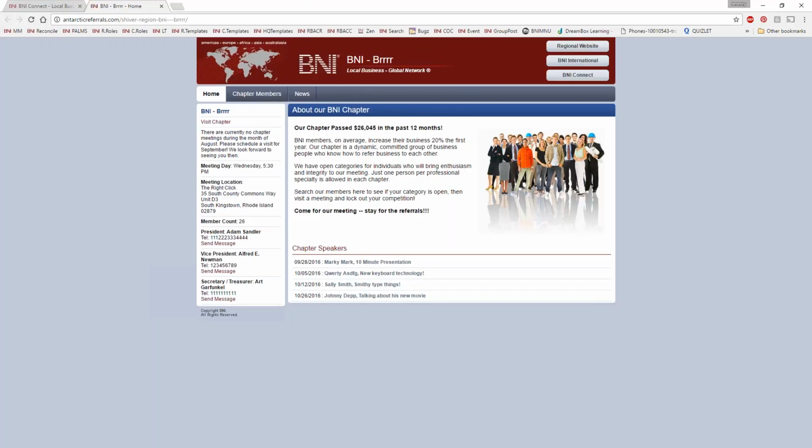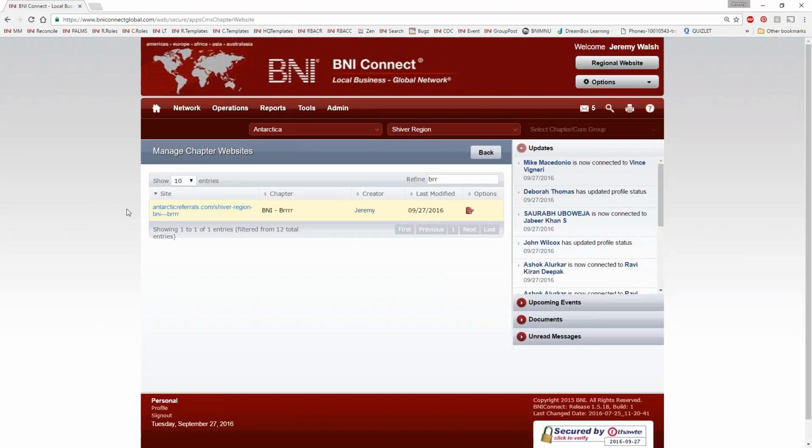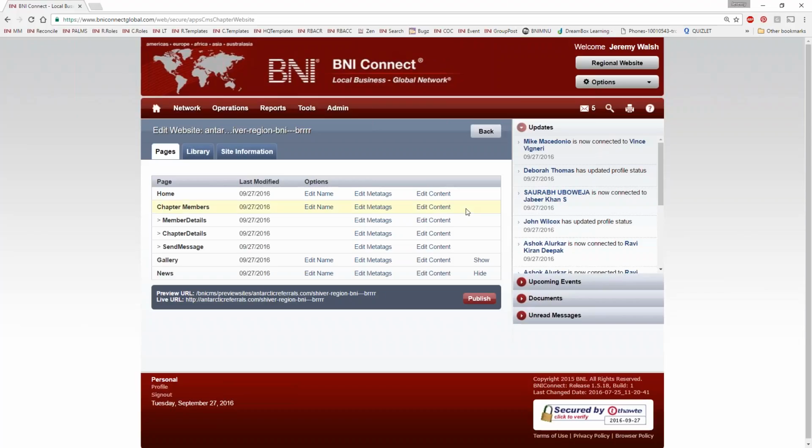And again, these are public pages. They're indexed by Google and Yahoo and Bing and all those other search engines out there. Anybody can access these web pages. Again, they're on the public internet. So if you want to see what other people are seeing, you can take a look at it. Now, if you want to edit it, what we're going to do is under this options section here, there is a little edit link. So when I click that,